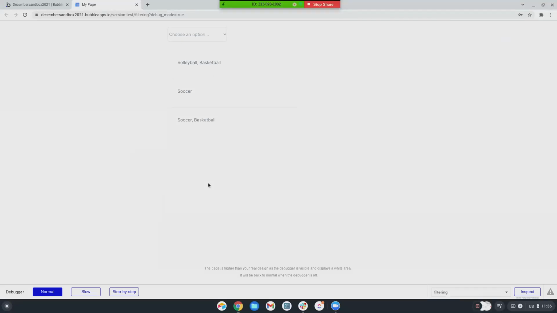But imagine that this is thousands of things, and I might only show 10 on the screen, and I give my user, the donor, the option to say, I want to see the ones that have soccer, or only the ones with volleyball, or only the ones with basketball. And it helps to filter it down.